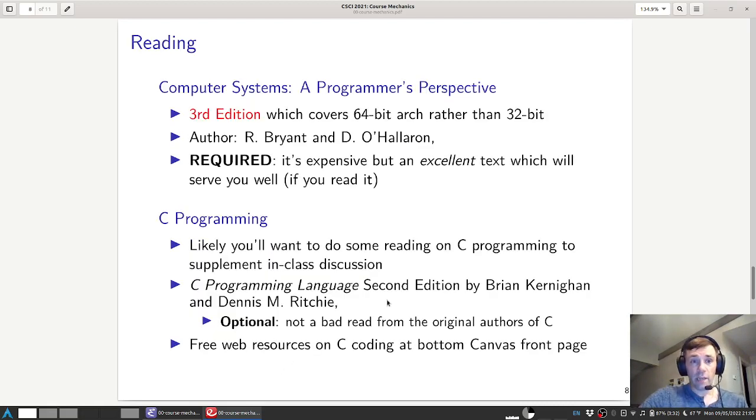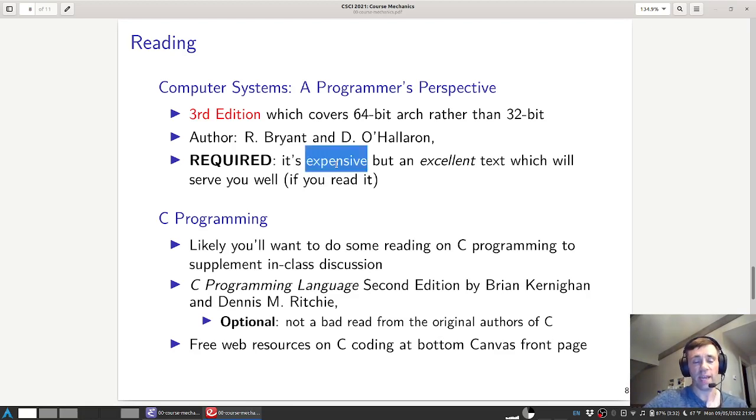In terms of reading, we have a rather brilliant textbook, Computer Systems: A Programmer's Perspective. It's in its 3rd edition. It's by a couple folks, Bryant and O'Hallaron from Carnegie Mellon University. It's rather expensive, but an excellent text. Now, when I say expensive, I need to caveat this a little bit